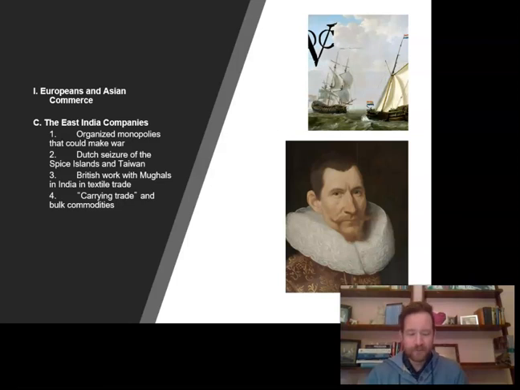So the British worked with the Mughals and established trading posts in Bombay, Calcutta, and Madras. And the British merchants really worked to import cotton textiles for their home economy. And this would be a feature of the British Empire in India, the production of cotton and textiles. Now, like the Portuguese before them, the British and Dutch discovered that they could make more money in the inter-Asian trade, carrying goods from one place to another. They also began to ship in bulk items like pepper, textiles, tea, and coffee for mass market. Think like Costco on the high seas. Later, these trading posts would become colonial possessions, and we're talking years down the road.